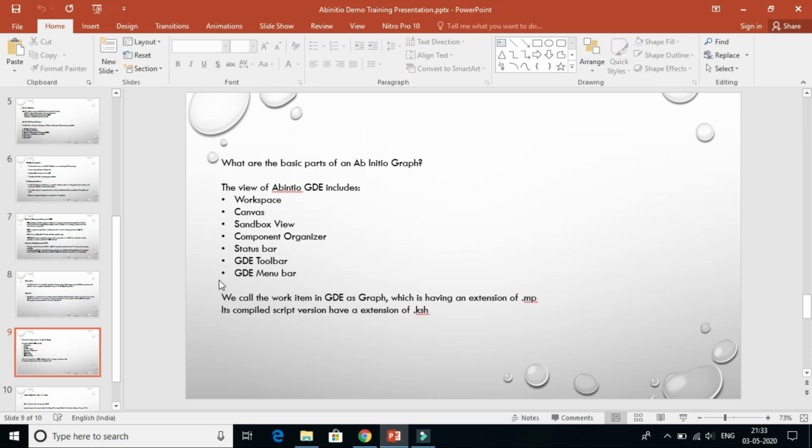The view of the Ab Initio GDE includes a workspace, which contains the complete space of the GDE which we can see, and the canvas where we will be building up the graphs, and the sandbox view where the sandbox objects we can see in the menu bar, and the component organizer, which contains the component library and the set of components with a wide range of component availability.